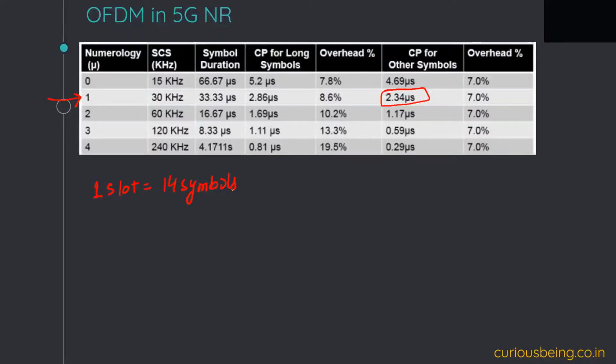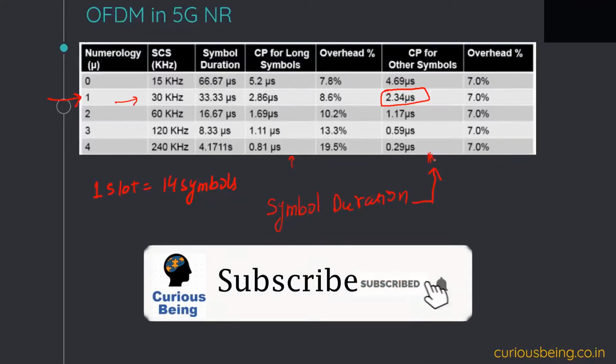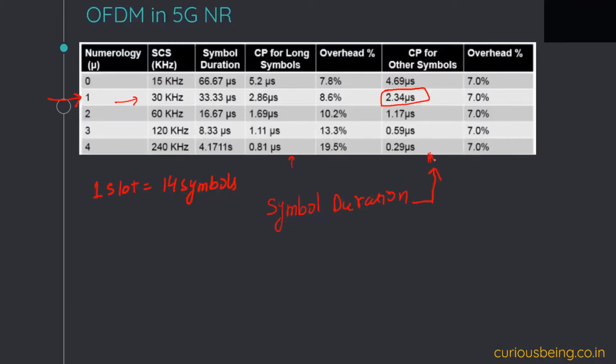But it tells me that for a particular subcarrier spacing, there will be some symbol duration, and for that symbol duration, what is my cyclic prefix length? It tells me by these two columns. Because these values are not very different from each other, you can assume or just read only one of the columns. But when we change the subcarrier spacing, or delta F, my symbol duration will change, and based on that, my cyclic prefix length will change.